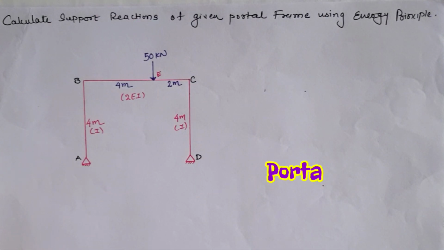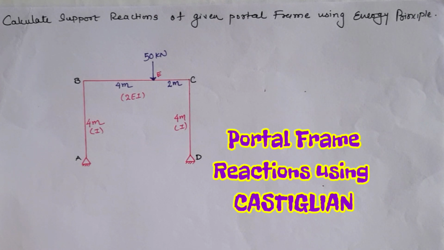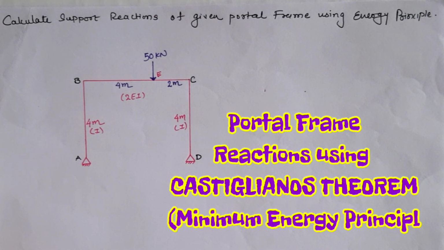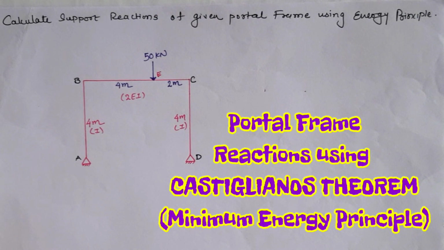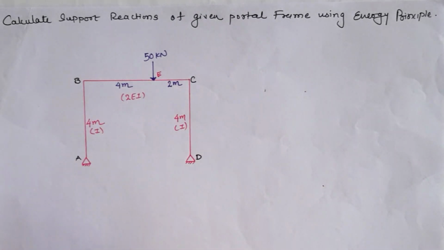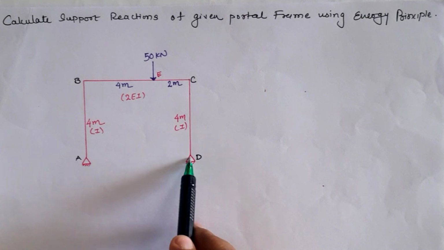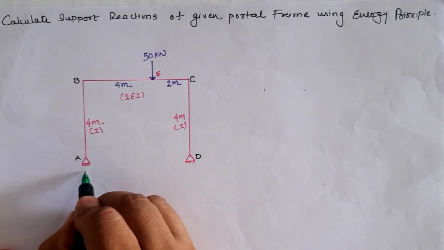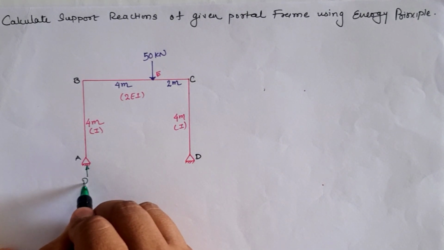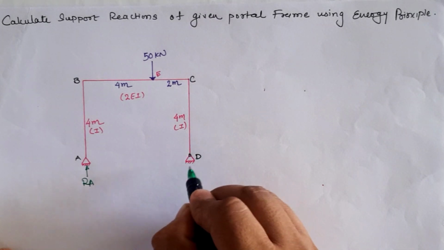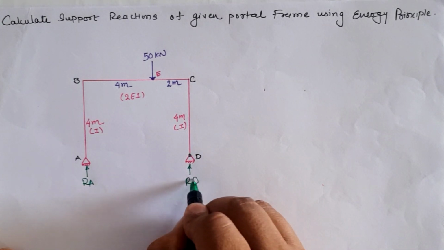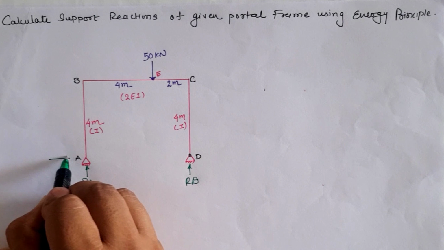Hello friends, today we are going to calculate the support reaction of the given portal frame using the minimum energy principle or Castigliano's second theorem. Now observing the figure, we have the end supports as hinge supports. So the reaction at location A is RA, the reaction at location D is RD, and we assume a horizontal reaction at